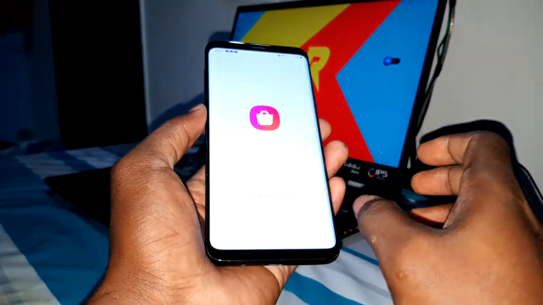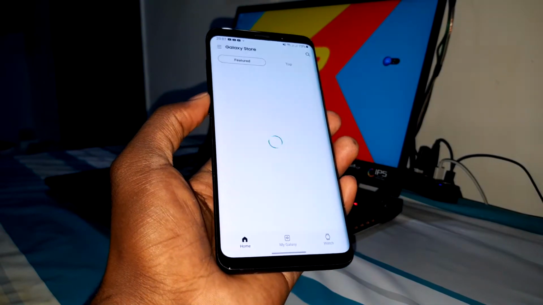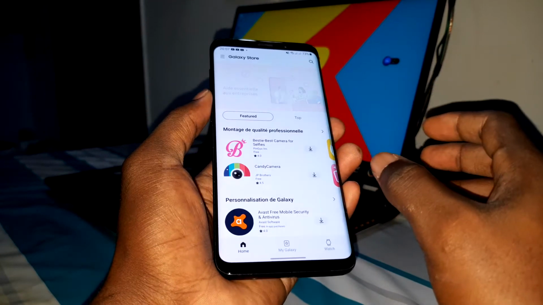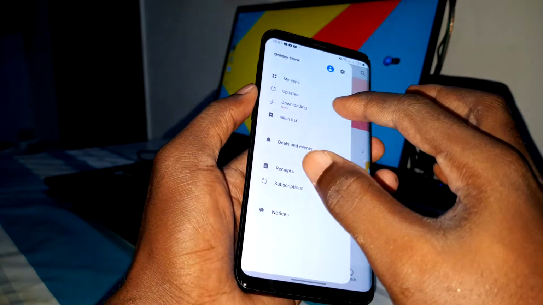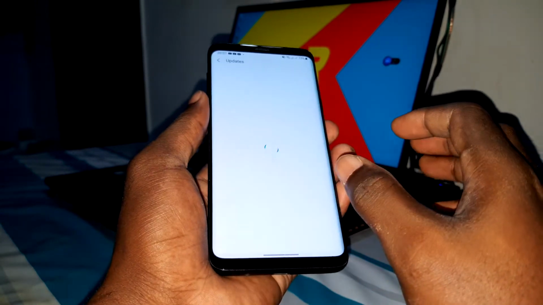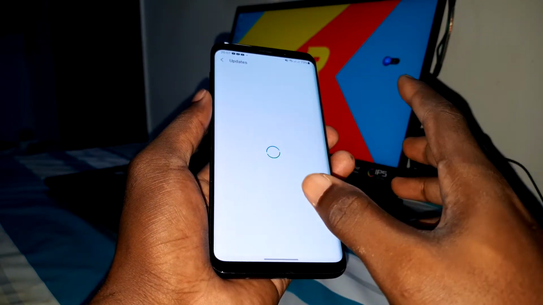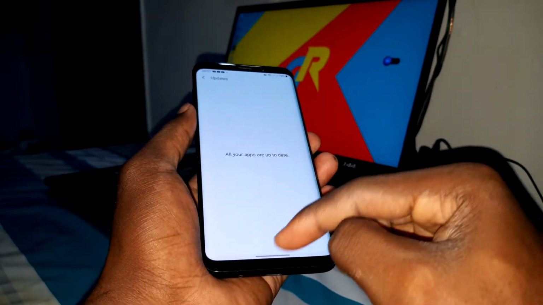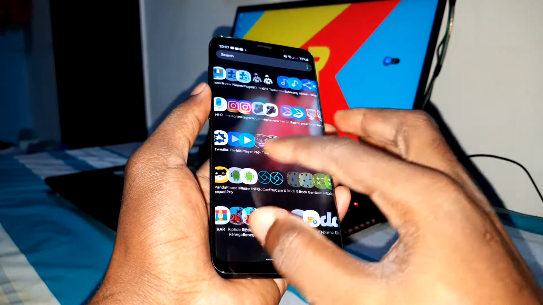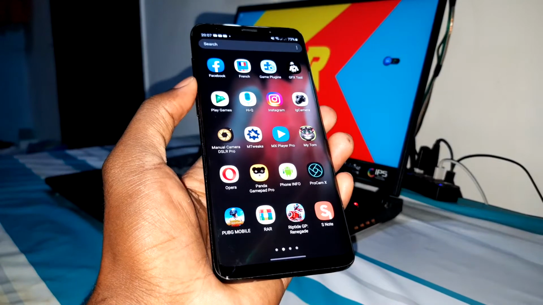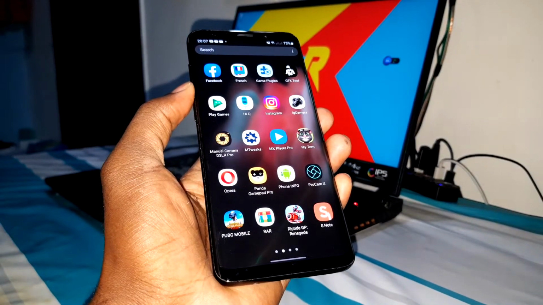This is simple. You have Galaxy Store. You go on Galaxy Store and you download what you need to download. Okay? What you need to download is Game Plugins. Game Plugins is here in front of you.